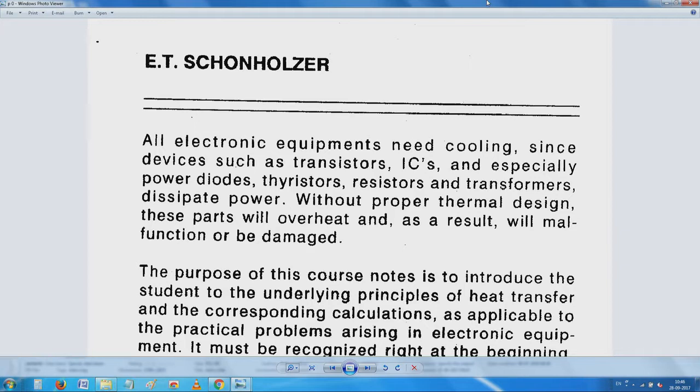As I have pointed out earlier, Professor Schonholzer worked on these notes for quite some time and penned them down so that students can understand what otherwise is likely to be a threatening and complicated course, on which heat transfer people generally spend a lot of time. Right now we will start here. I read it out yesterday without looking at the notes, saying we need to keep the